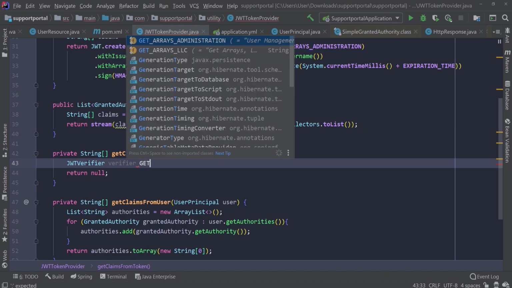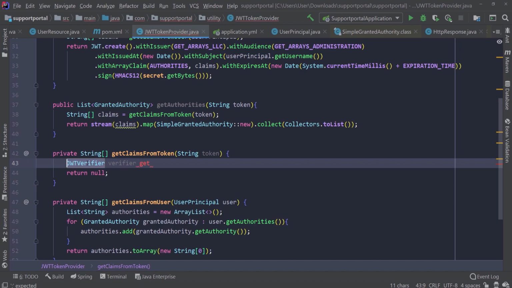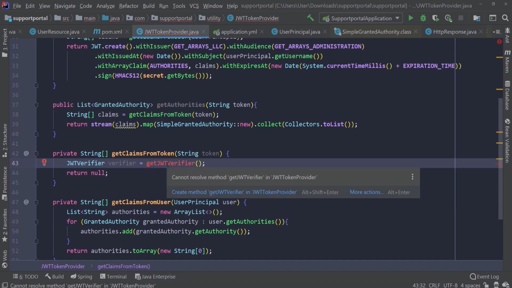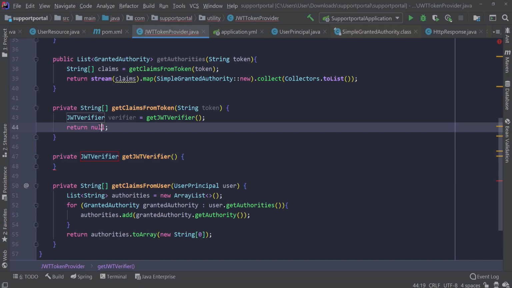So let's do get, and I'm just going to copy this like this. That's not going to take anything, and let me go ahead and create this method. Okay, so that's going to return a JWT verifier, and all we have to do now to verify the token is to pass in the verifier, and then we're going to verify the token with the claims that we provided, with the name of the claims that we provided. So all we have to do now is return the verifier,